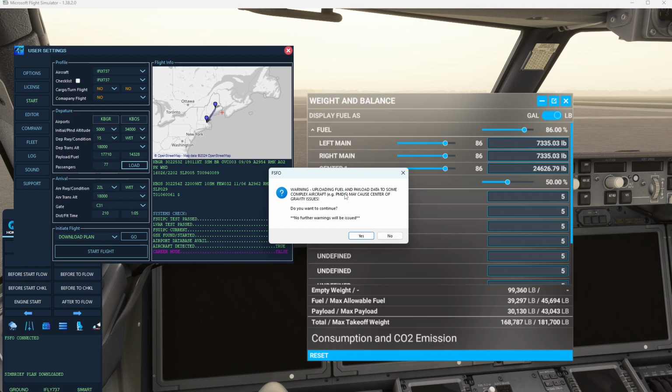Now, the warning message is for if you're flying a complex third-party aircraft, you shouldn't be using the flight simulator loader to load fuel and payload onto those aircraft. Longtime PMDG drivers will know what I'm talking about. That causes a center of gravity issue. So you should be using their electronic flight bag, or the FMC MCDU, to load your fuel. However, I've used this in the iFly and I have no center of gravity issues, so it's something